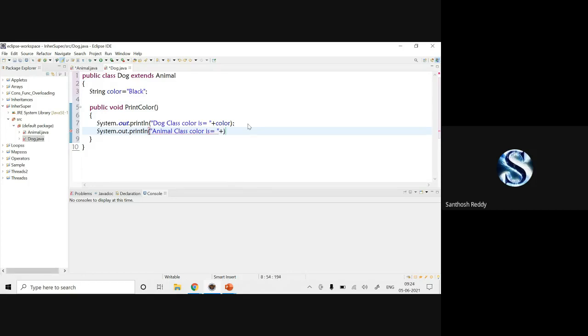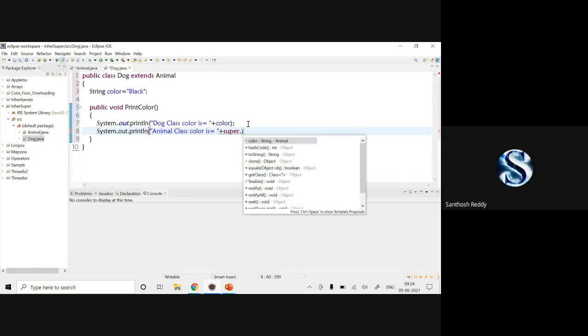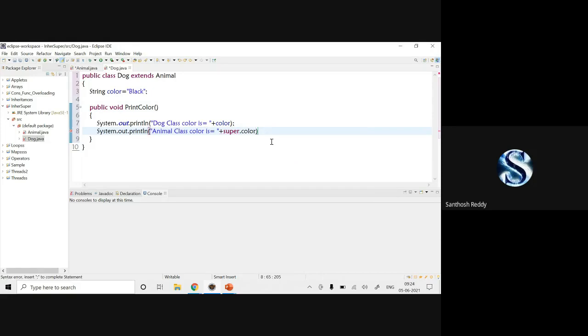Using the super keyword. Super dot. Now you're going to get all the members present in the Animal class. You can check it out here: I have a color which is present in the Animal class, of data type String. So you can double click on it. Now we are going to extract the Animal class color.